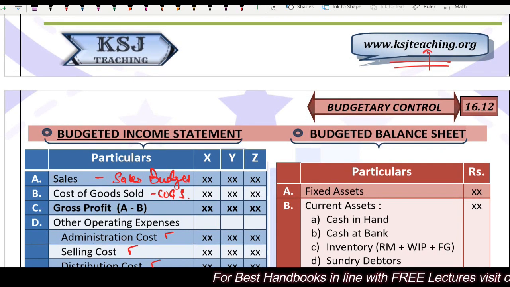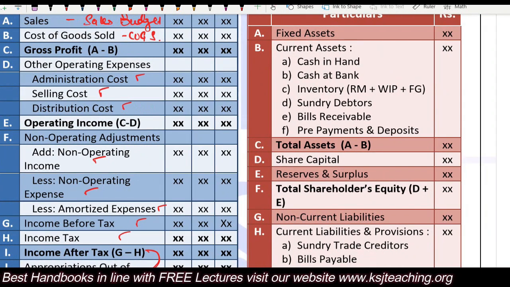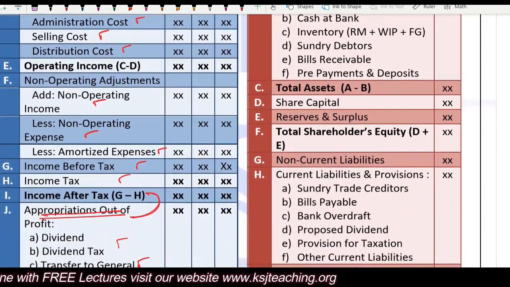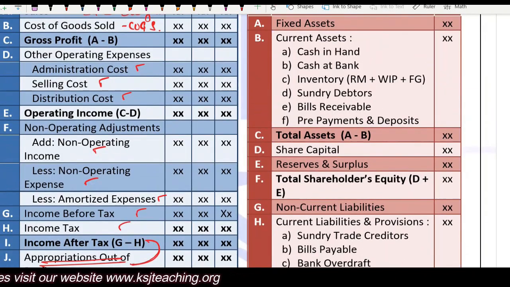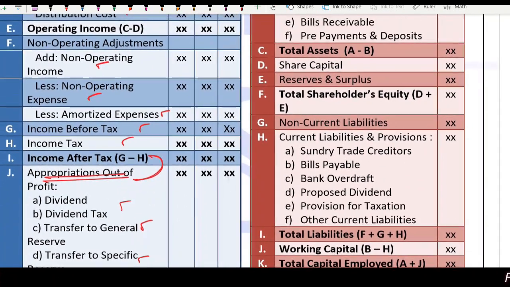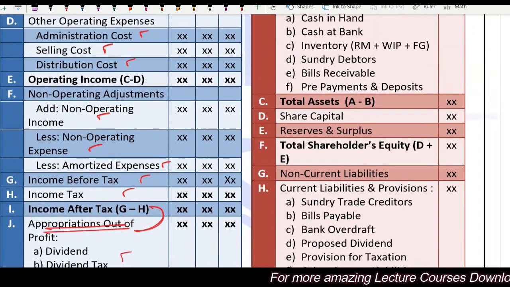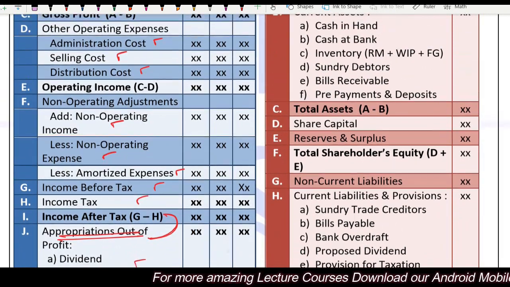Okay. And the budgeted balance sheets are simple. The budgeted balance sheet anyhow will not be asked in the examination, but this is how the simple format of the balance sheet is, right? Asset side, liability side, simple. Total capital employed, working capital can be calculated, right? Assets, current assets minus current liabilities, that will be your working capital,